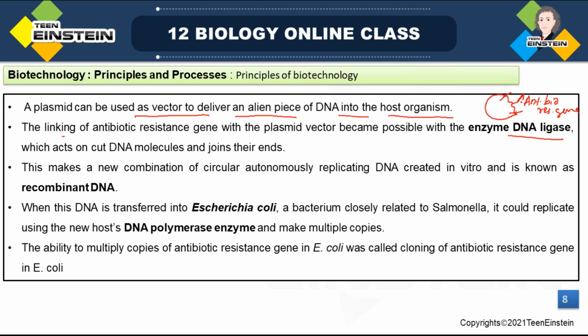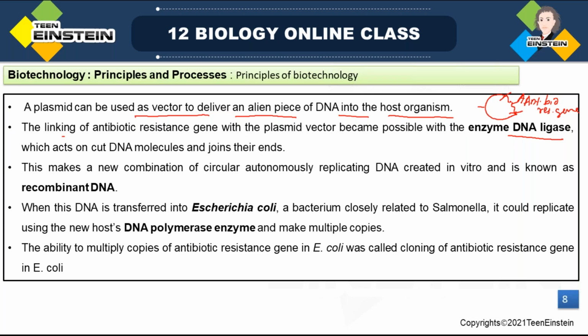We'll mark it as A, antibiotic resistant gene. That particular DNA part which is having the antibiotic resistant gene will be linked to the plasmid vector. This is the plasmid vector, this remaining part. So to that we are joining